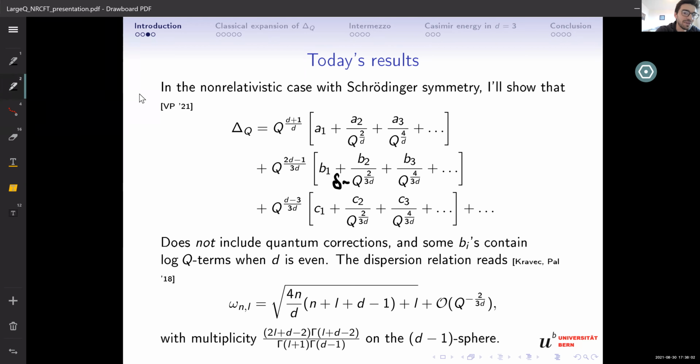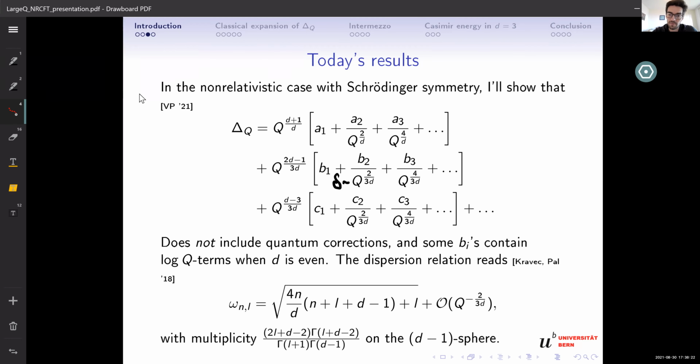It's just a name that I give it. So there is a more defined expansion in the non-relativistic case. And of course, I will then try to compute the universal contribution